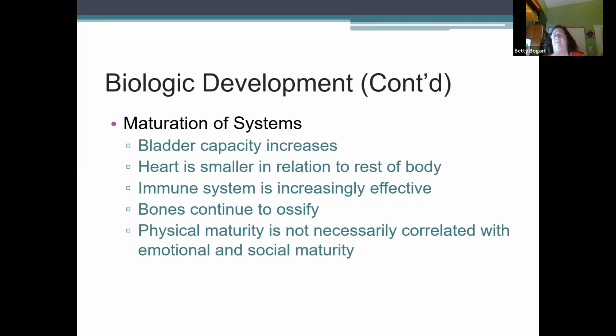Their body systems also mature. Their bladder, they're able to hold it more. They're not needing to go to the bathroom every hour on a road trip. Their heart, which took up a lot of their chest as an infant, is now becoming smaller. It doesn't look like it takes up the whole chest anymore. Their immune system, of course, is going to get more effective. They've had all of their immunizations, if they've gotten them all up to date. Plus, they've been sick with how many viruses and earaches, et cetera,